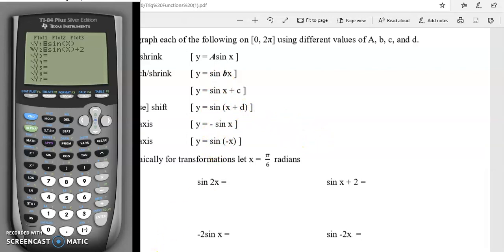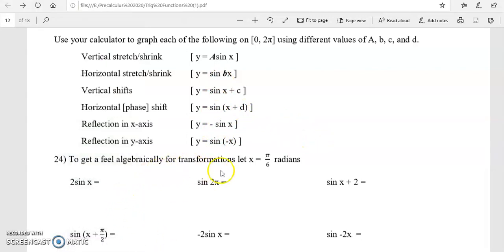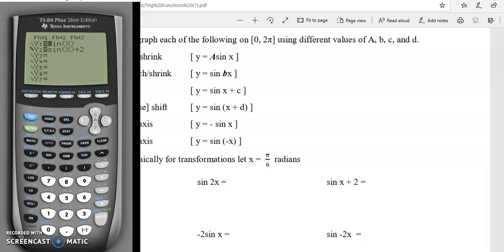If we look at the bottom of the page, just to see what happens with the transformations, if you let x equal pi over 6, this was what I was mentioning before. If you do 2 sine of pi over 6, you calculate the sine of pi over 6 and then multiply that answer by 2. If you have sine of 2x, these are not going to be the same thing. The sine of 2x, you're going to multiply your angle, pi over 6, by 2, and then you evaluate it. And just to show you, if we were to graph both of these on the same axes, just to show that they're not equal to each other,